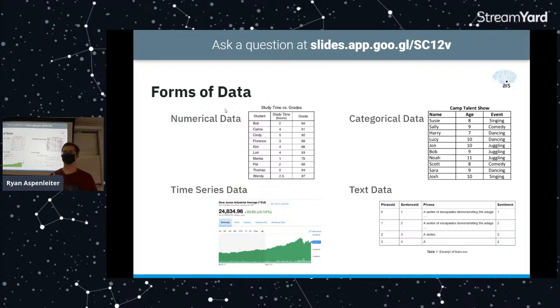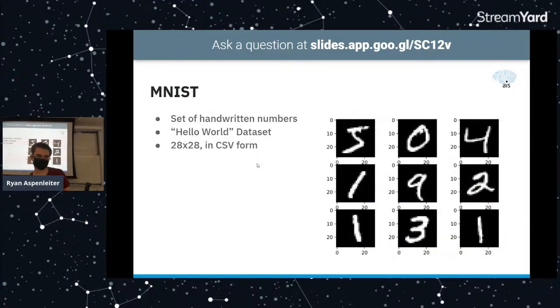And lastly is text data. So basically, any data that has phrases, words in it, that's not really a category, but you interpret the phrase, and that's what the data actually is. There is a little bit more to it than just this, but these are the main things that you will see a lot. So next slide.